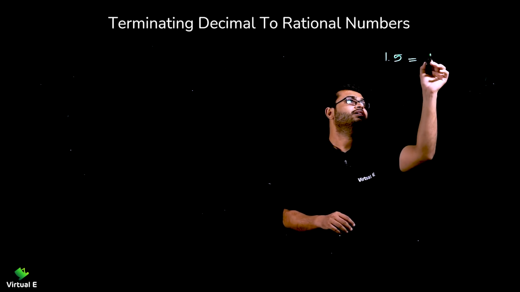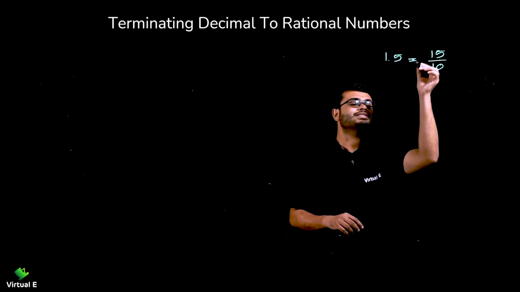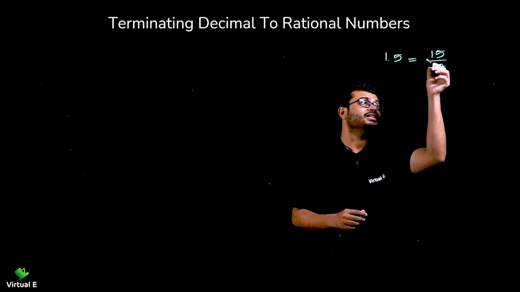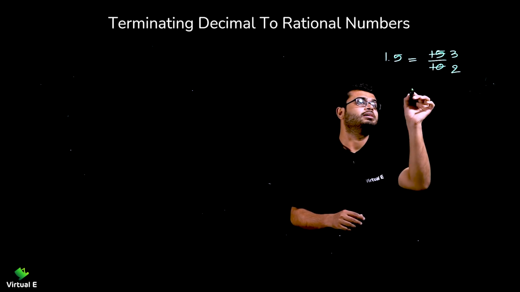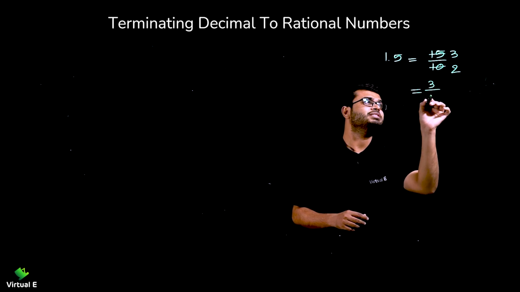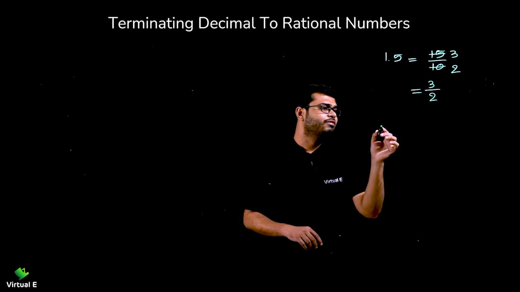If you remove the decimal, that is 15 by 10. Now let's do the cancellation if possible. In this case it is possible, so 5 2s are 10 and 5 3s are 15. So what is the p by q form of this? That is 3 by 2. Let's take one more example,